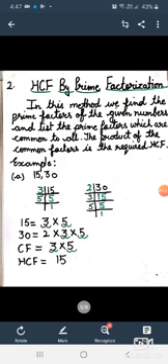First of all, we will find the prime factorization of 15. Then we will find the prime factorization of 30. Let us start with 15. As the name shows prime factorization, we will divide 15 by prime numbers only. So it is not divisible by 2, which is our first prime number. So our next prime number is 3.